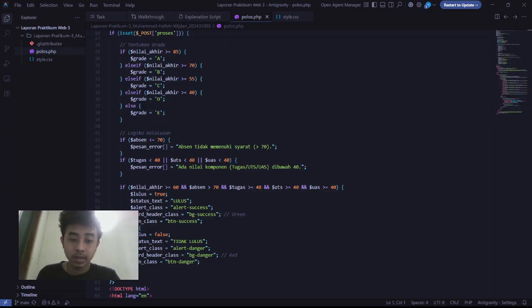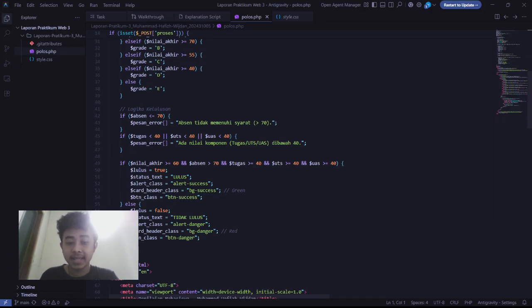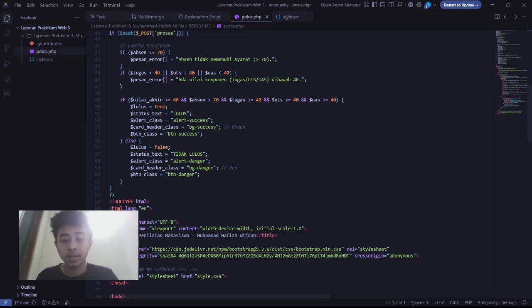So what do we need to pass? We should have a nilai akhir of 60 or above, absent 70 or above, and tugas 40 or above. Only if all these conditions are met, the student passes. I set lulus equal to true. Sorry for this disturbance.